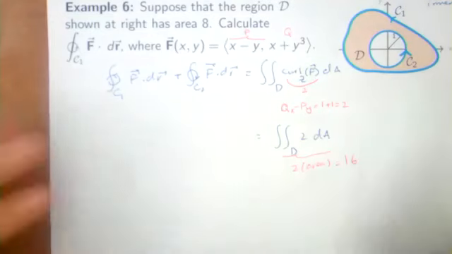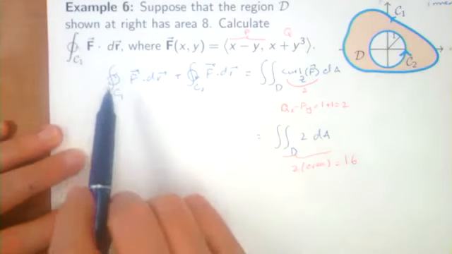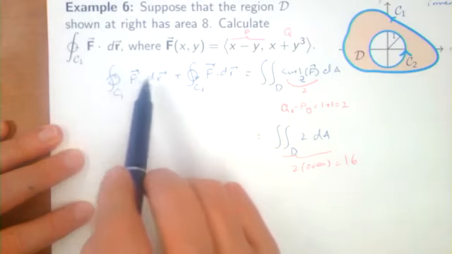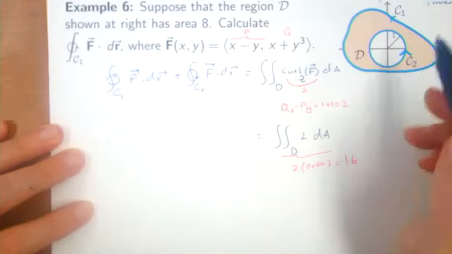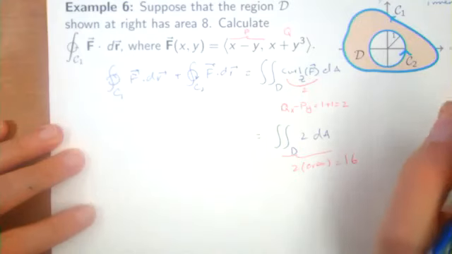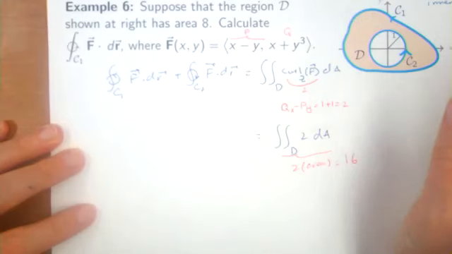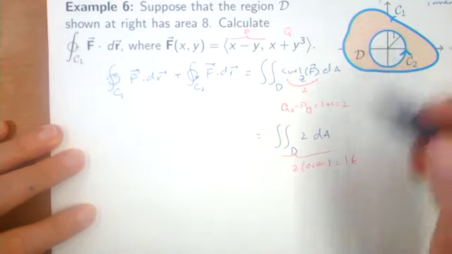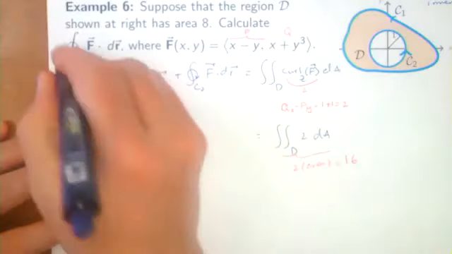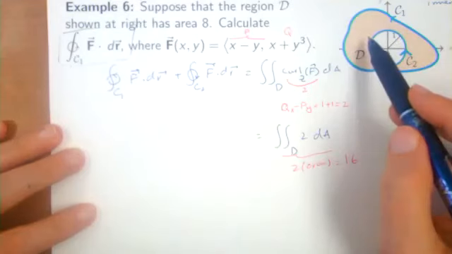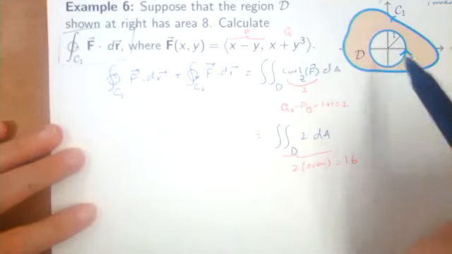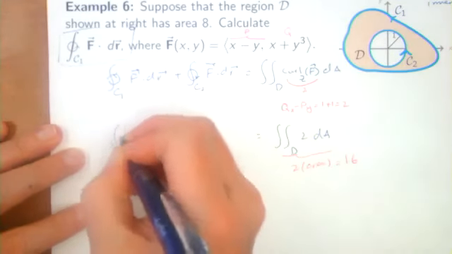Now, my next thing is to compute the integral of F dot dr on C1. That is turning out to be not an easy task to do. First of all, I don't even know what the parameterization of C1 is. So the goal of this problem is to calculate that without even knowing the parameterization or what kind of curve it is. So this is the one that I'm computing,